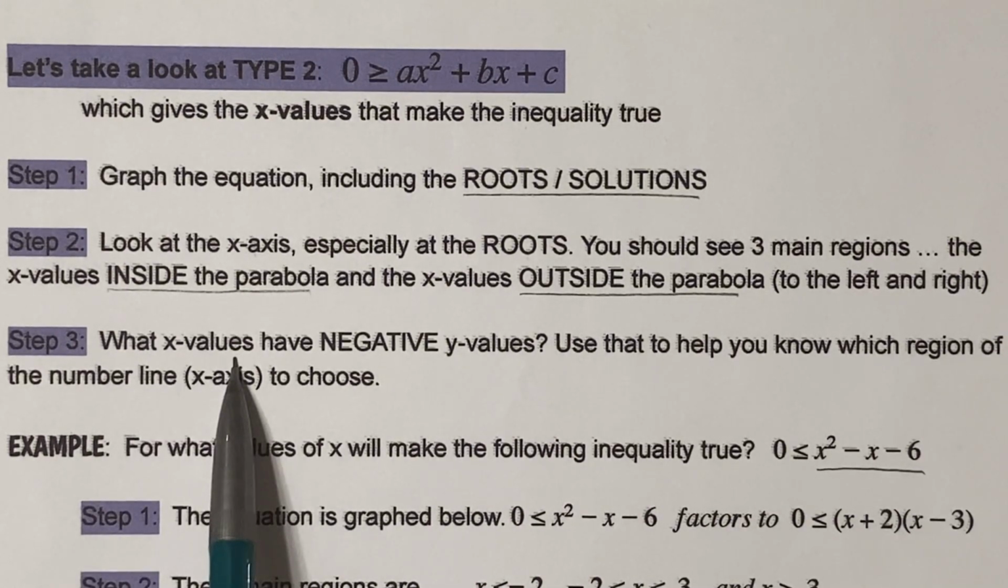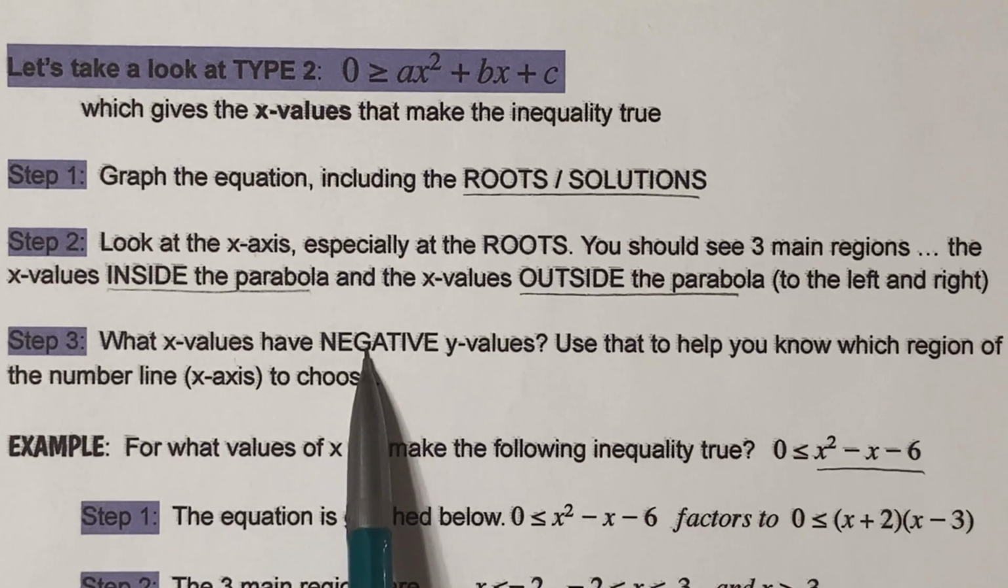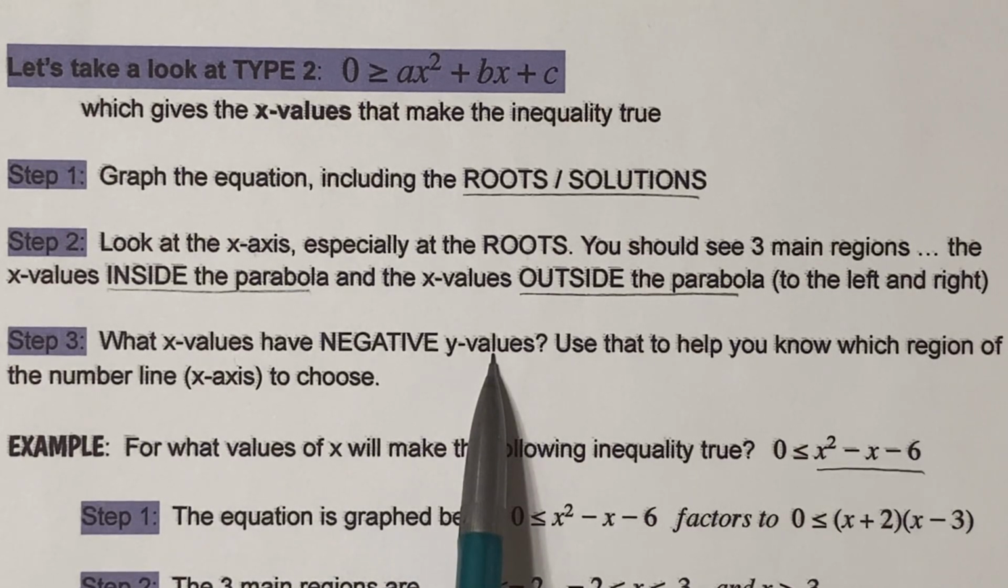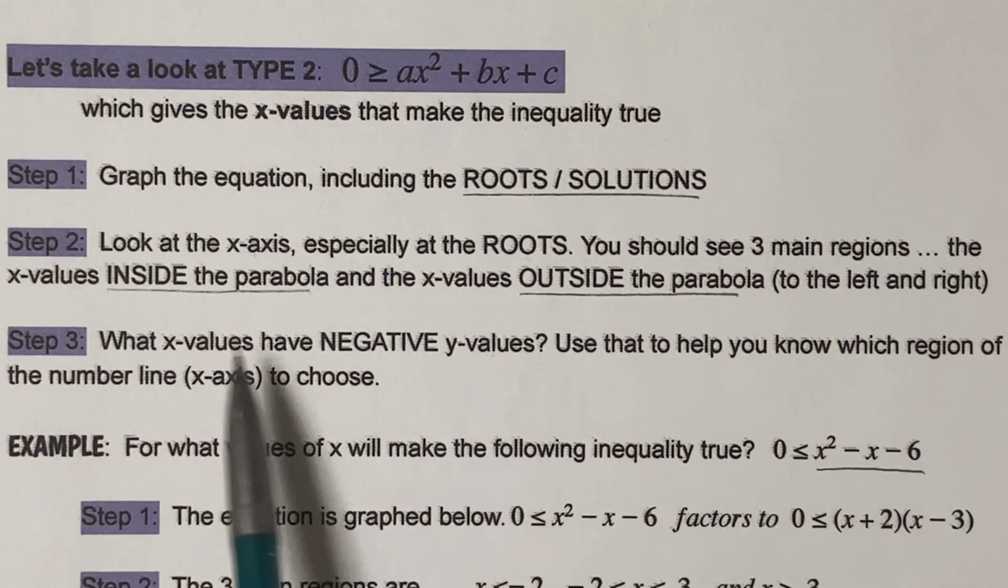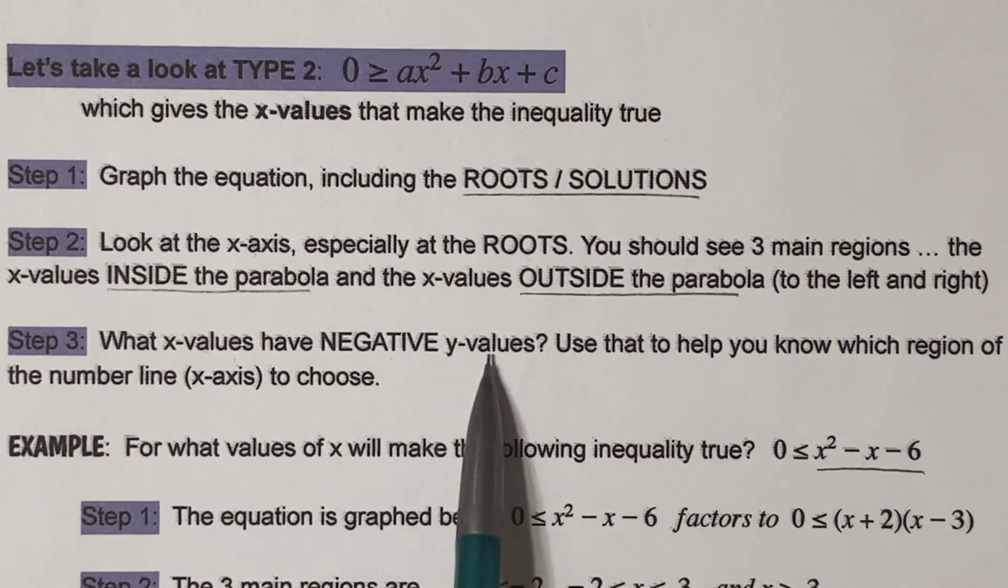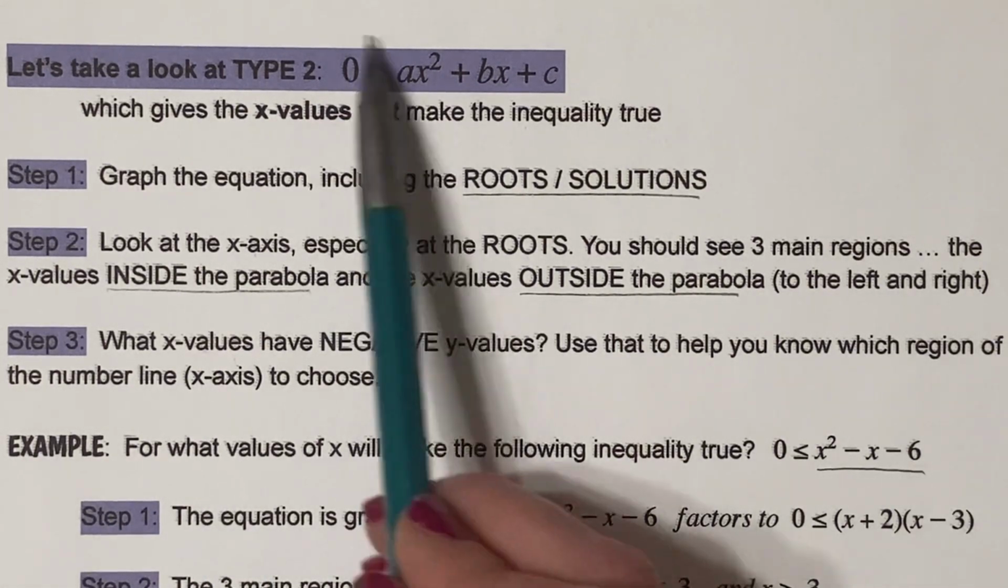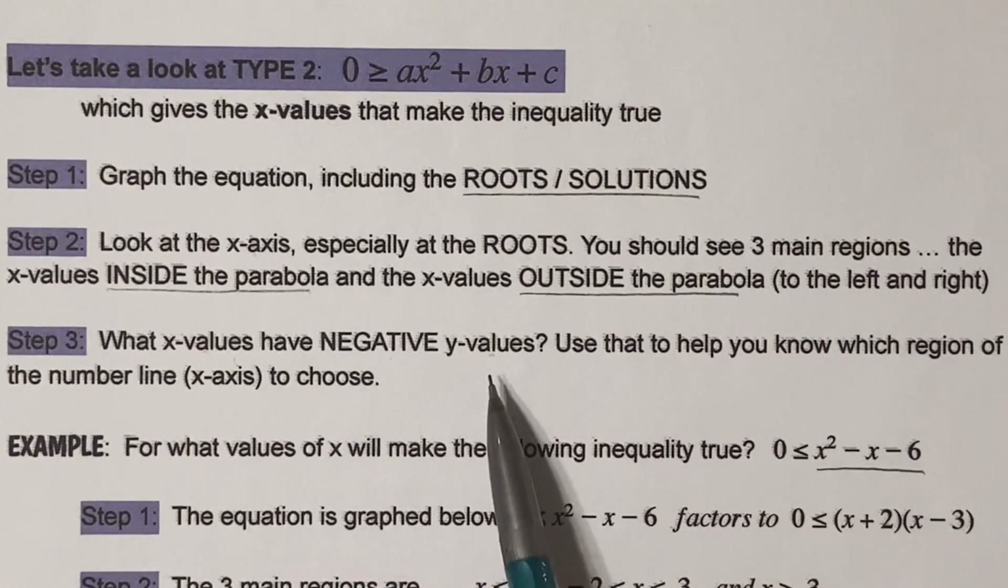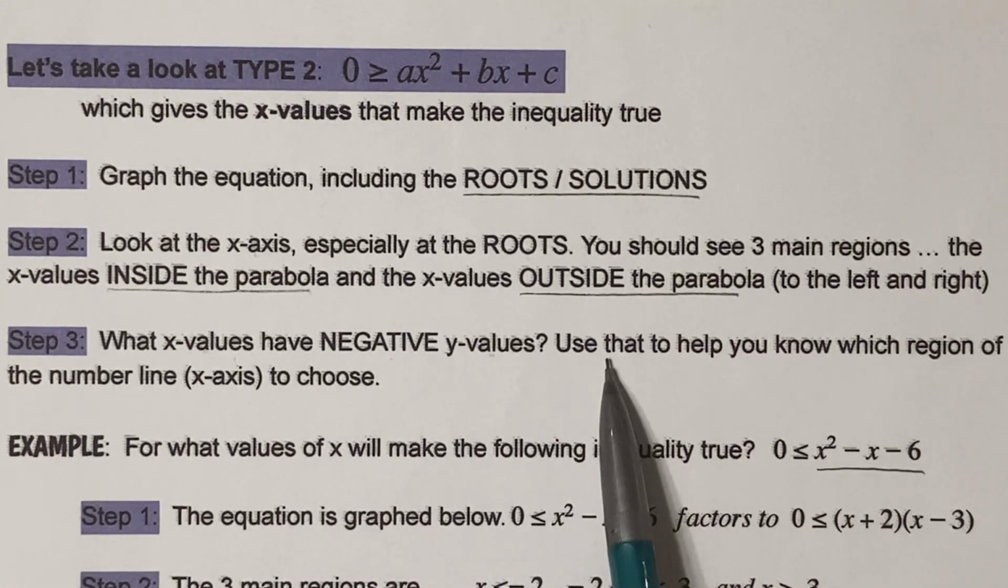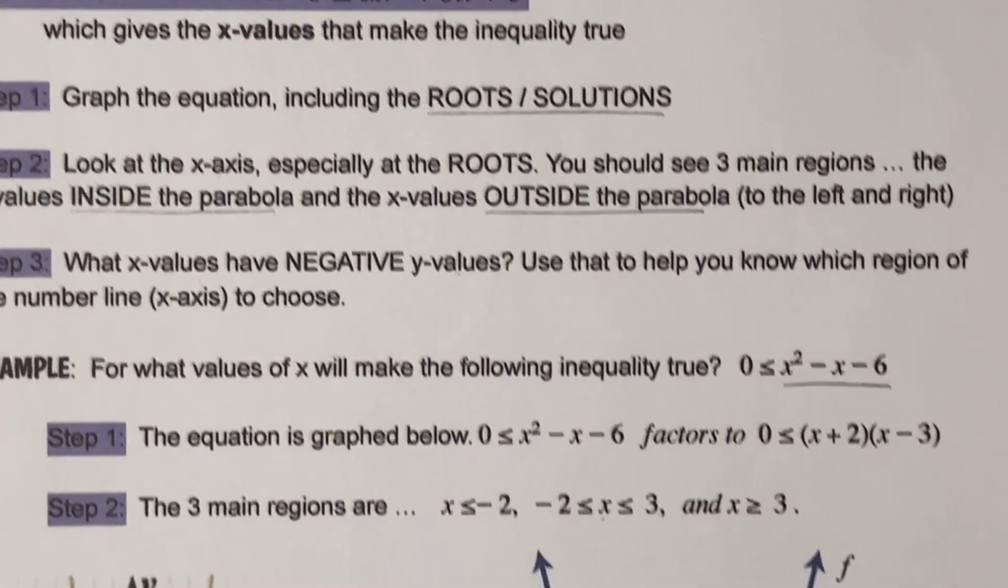We're going to take a look at those 3 regions, and we're going to say, okay, what x values end up having negative y values? Or alternatively, you could say which x values have positive y values. It kind of depends on what you're comparing, what your problem gives us. We're going to use that to see which of those regions I want to go with, depending on what my problem is. For example,